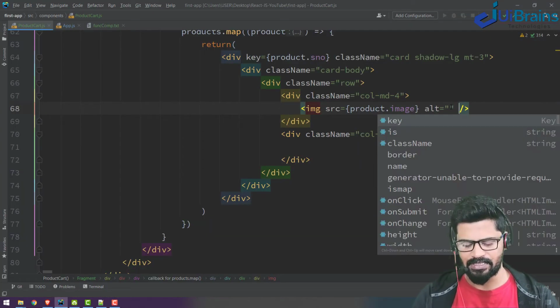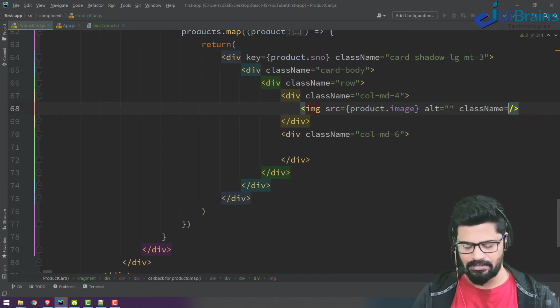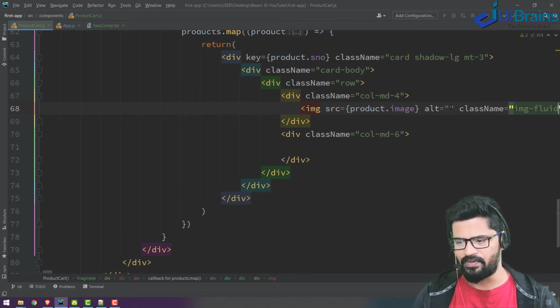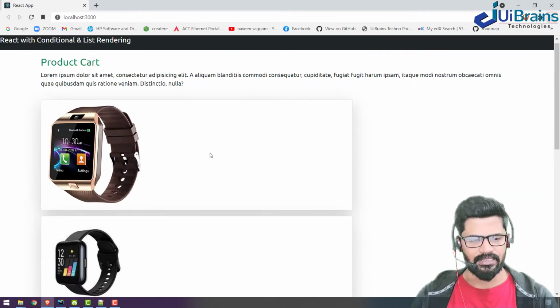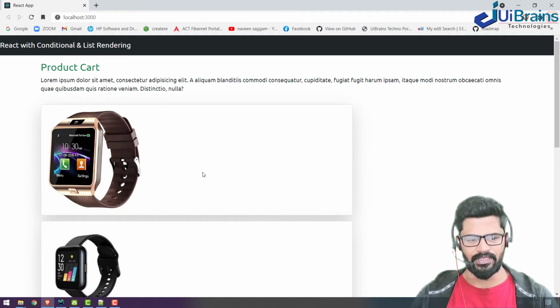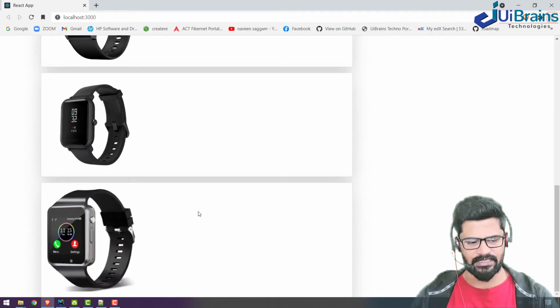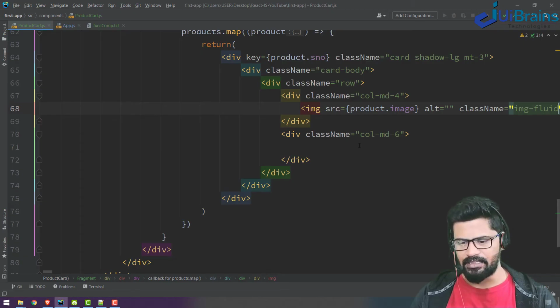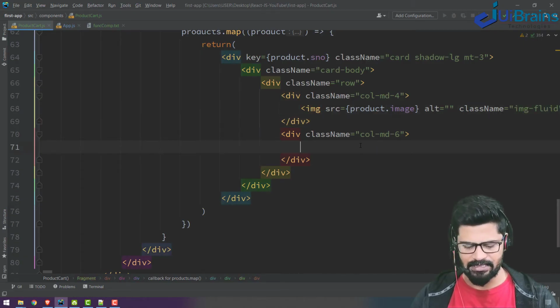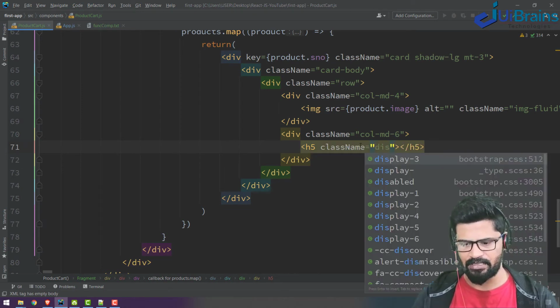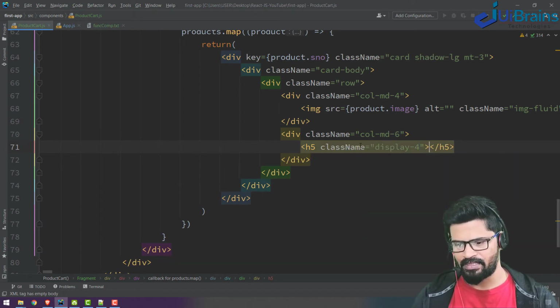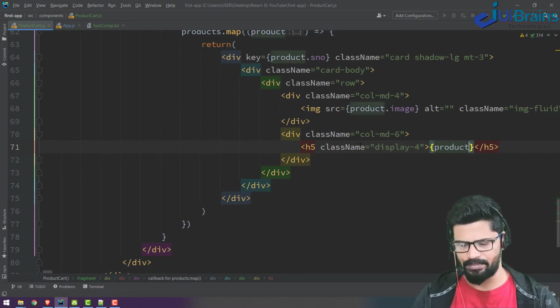You give the class image-fluid. It fits in the column. Okay, so you have it. And then for col-md-6, I'll say some h5 with the class display-4. Let's say the product name. Let's say product.name.